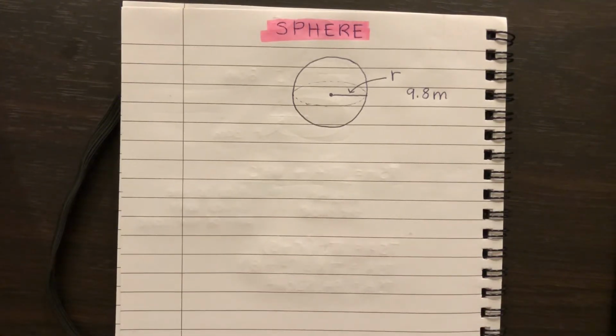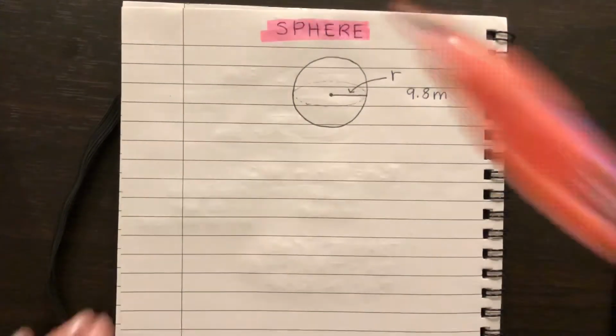If you like going to the beach, a beach ball is a common example of a sphere. All right, they're just some ideas. I'm sure that you can think of some yourself as well. Now, to find the total surface area of a sphere, you need to use the formula of